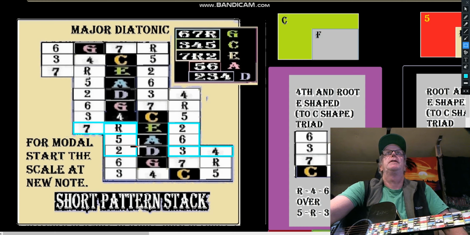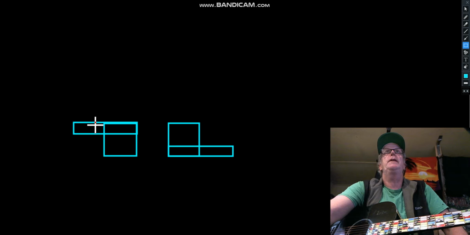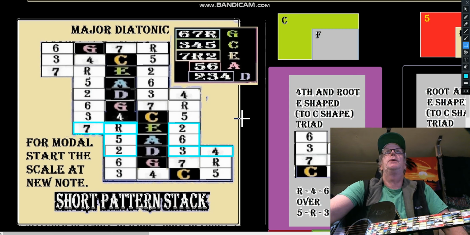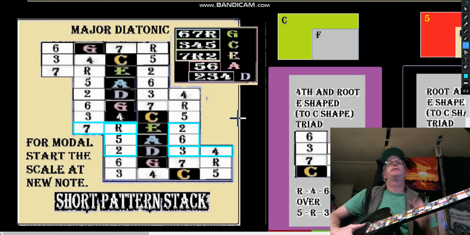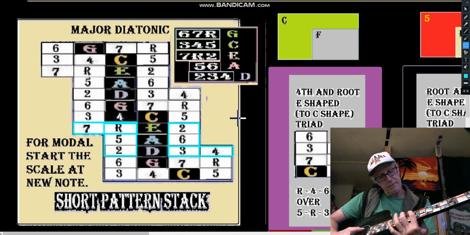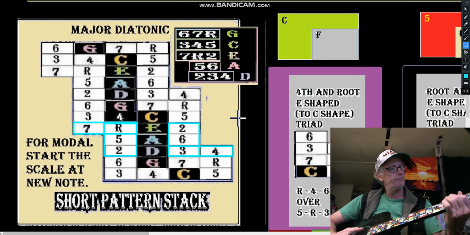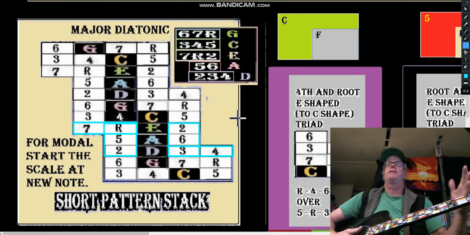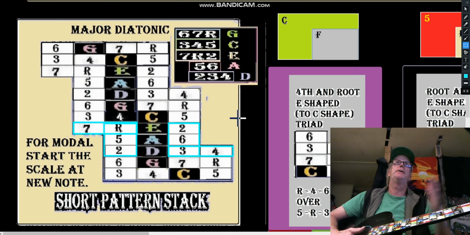Here's the S3D. 3 strings starting from the D. It's a 7L pattern. There's our 7. Here's our L. So that's how we remember on the short pattern stack that we're going to go over for that 7th. Okay. Now sometimes that 7 gets warped over, but still the pattern in general